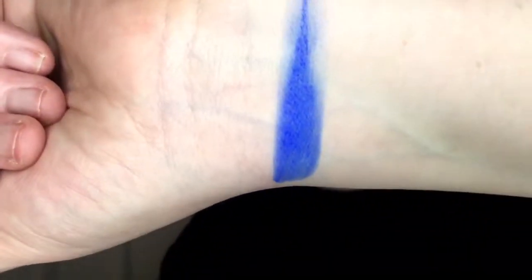Let's jump into this top row and see how it swatches. We have Côte d'Ivoire, which is a beautiful blue, and it does swatch beautifully. This is Dakar, Niger, Togo, which is the glitter right there. Then the next row is Bentu,